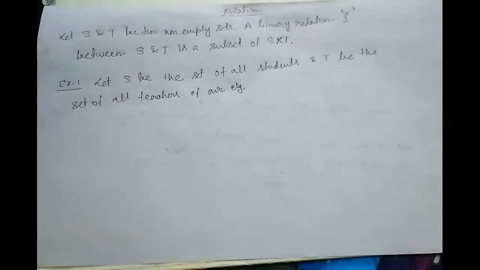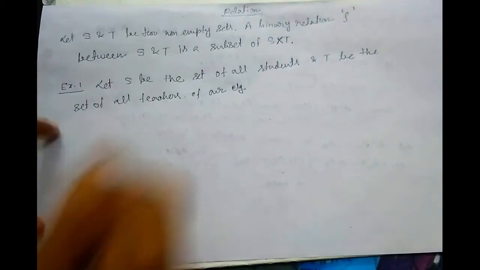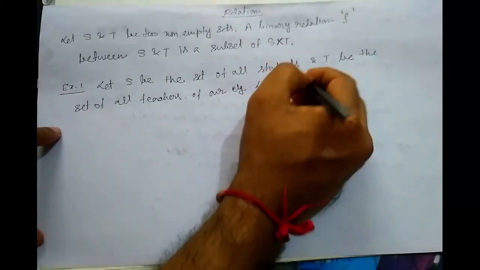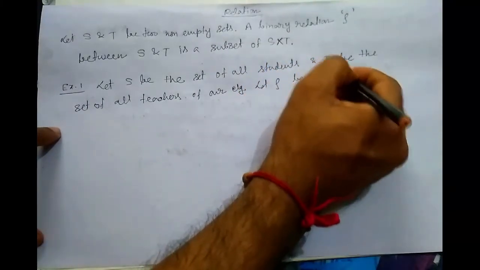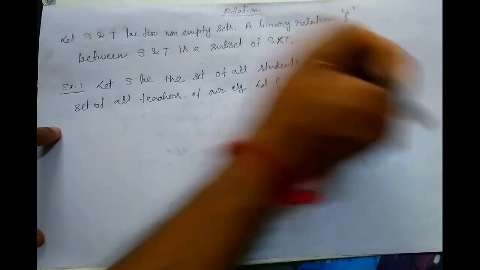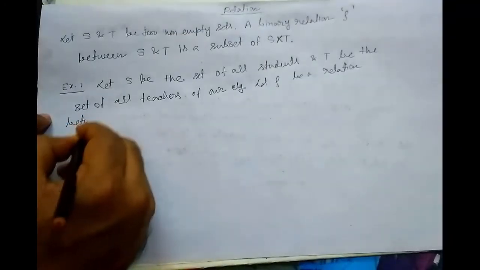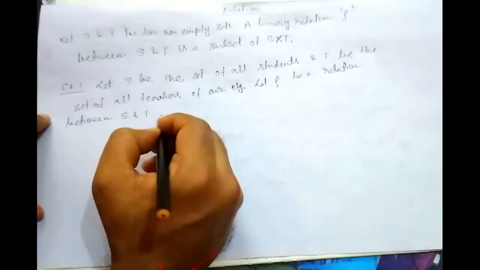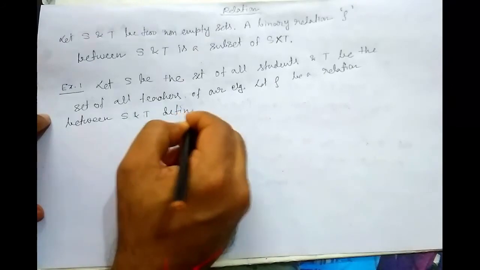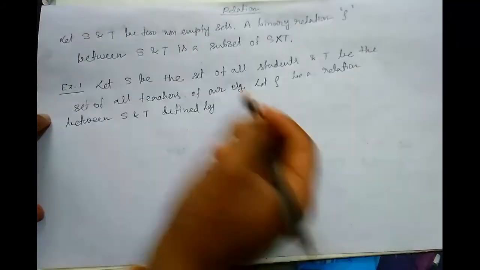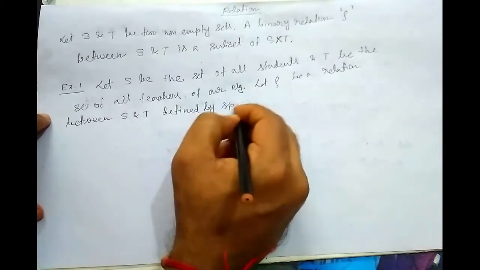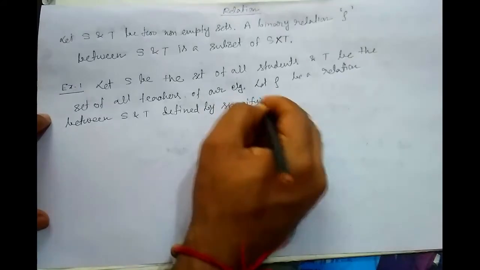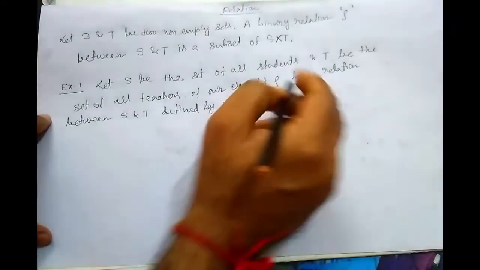Okay, let rho be a relation between S and T defined by specifying that